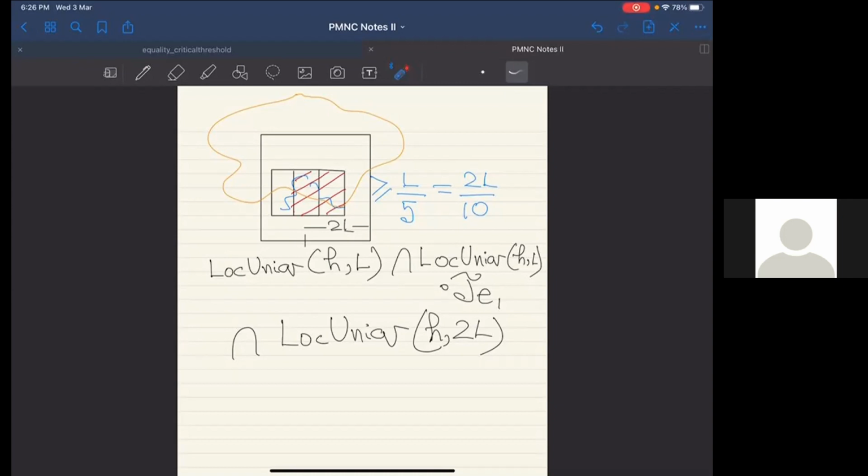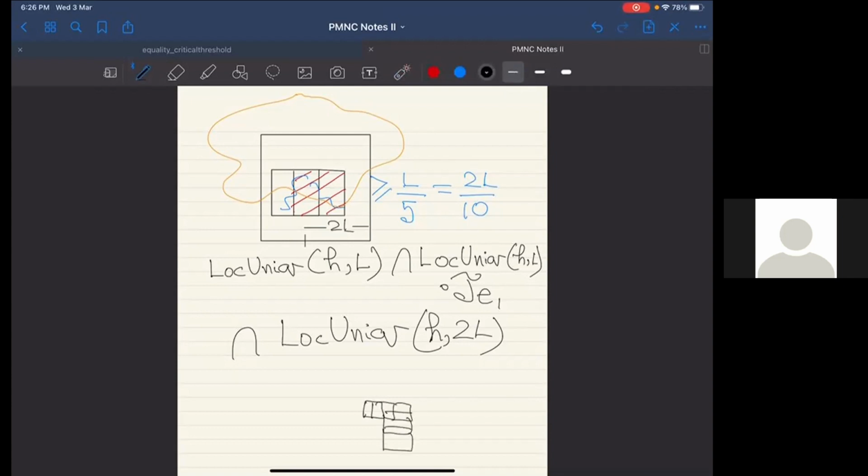If you have two open boxes side by side, or a chain of boxes side by side going like that,